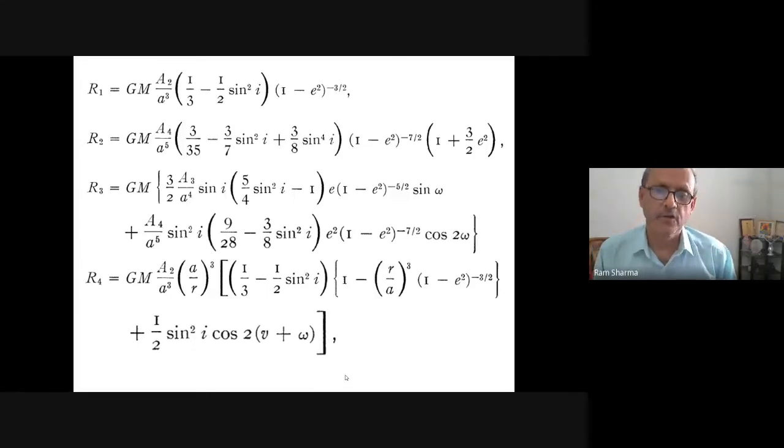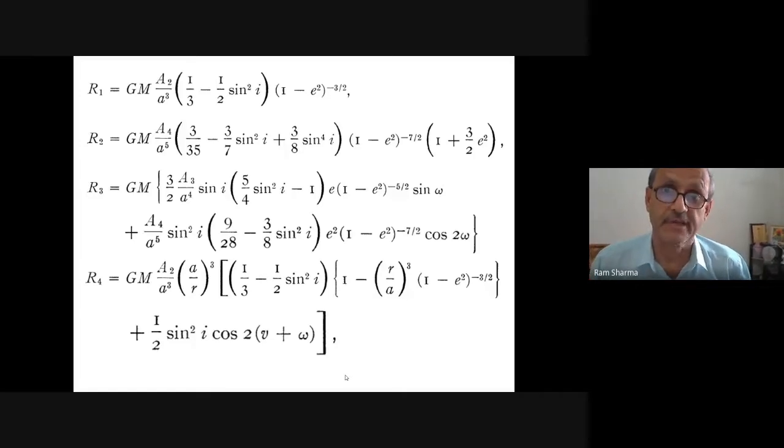So V is the true anomaly. The short periodic terms come from R4. He has made R1 first order secular, R2 second order secular, because of J4. See, J3 does not give any secular term. You can see there, J3 is not giving, because A3 terms are coming, J3 or A3, as I told you, you do not have to worry. It's only a multiplication by 2 by 3 or 3 by 2. That has no great